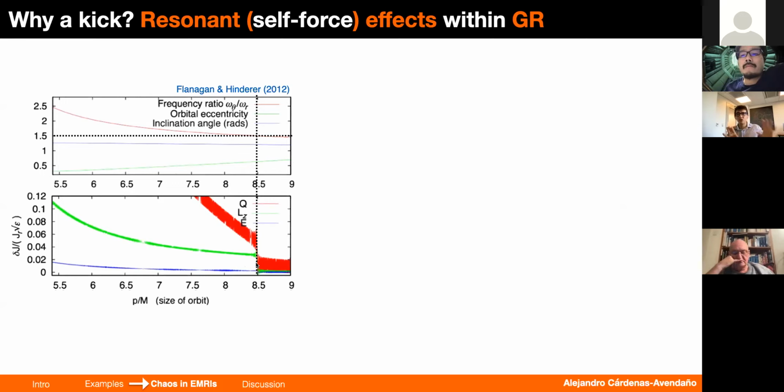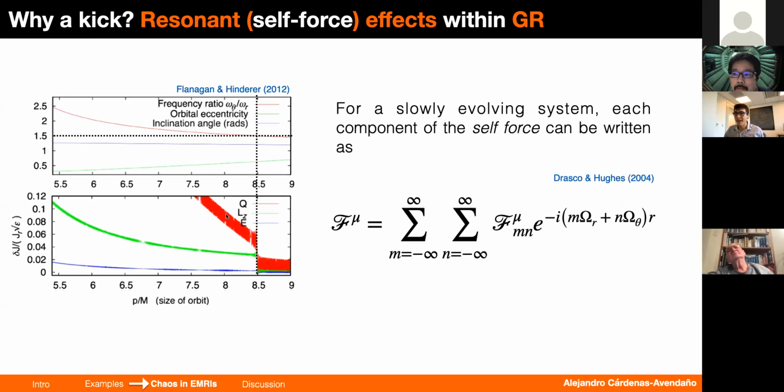What I have been describing so far are conservative modifications, because your theory might not be integrable. That was what I showed before. Here, what I'm showing is that these effects around a resonance, where your flux changes, are coming because of higher orders in your dissipative terms. And that's what Flanagan and Hinderer found. And we can understand a little bit why these effects happen: if you just use the adiabatic approximation, you will not see these terms. So that's what they mention in these papers, that you need to go to post-adiabatic terms, because even within GR, second order terms or higher will cause these effects.